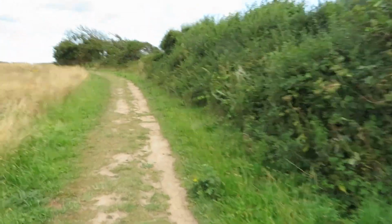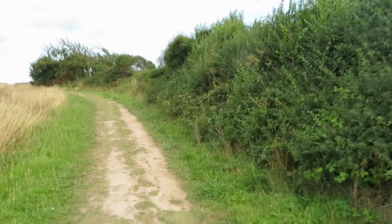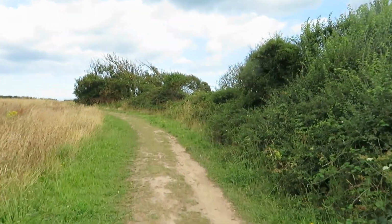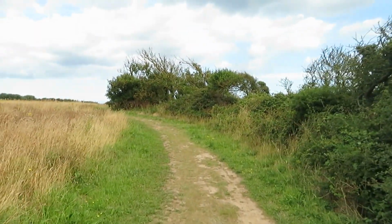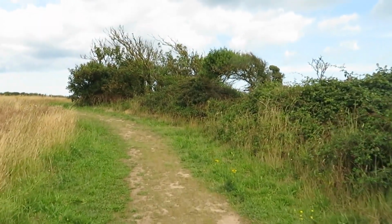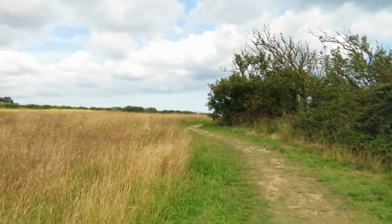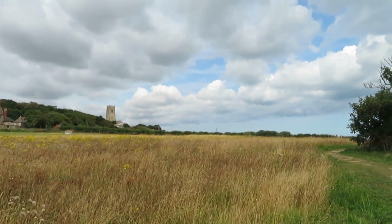That sign was misleading in the sense that it's very rare to have two finger pointers pointing in the same direction. So I concluded that one was coming this way on the circular walk and the other one was going on that road. But we can see they're both pointing this way, and this is clearly the path, nicely mowed down and easy to walk,